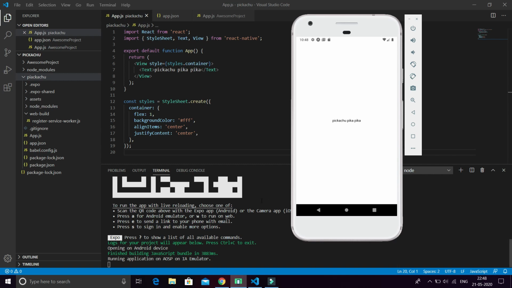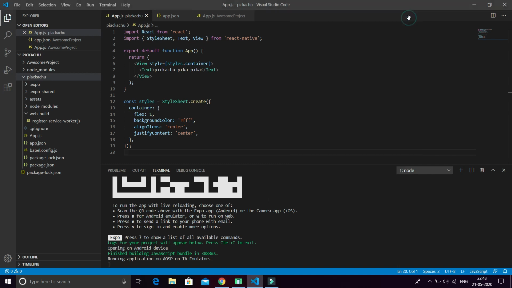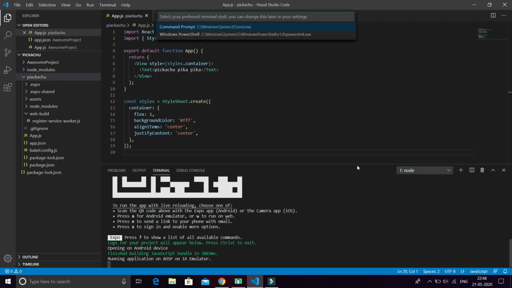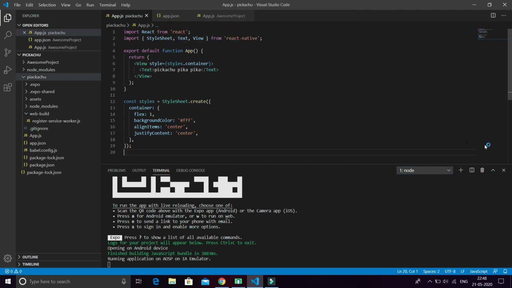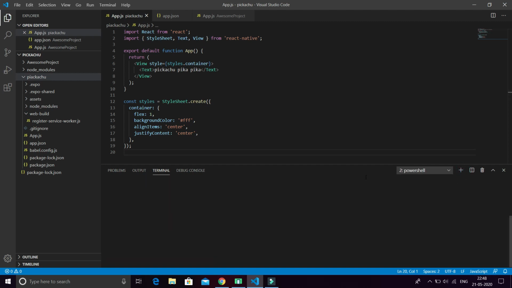Before starting, we have to type some commands here. So please select the PowerShell, because we have to do everything in the PowerShell, and we are in Pikachu. So navigate to Pikachu, as it is the folder name which I have given earlier. I will write all these commands below the video link so you can easily copy paste them in your folder on this PowerShell.